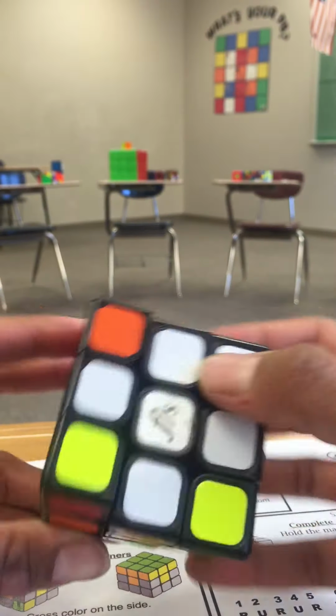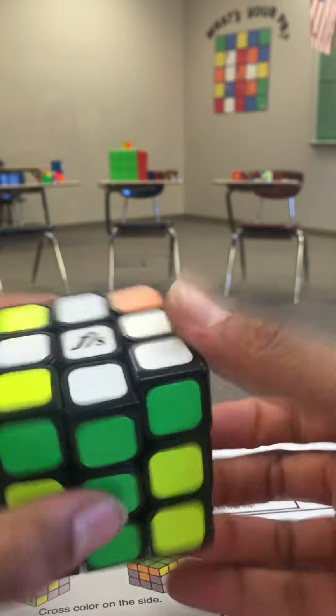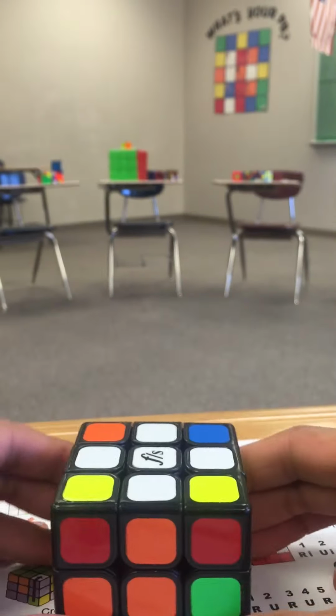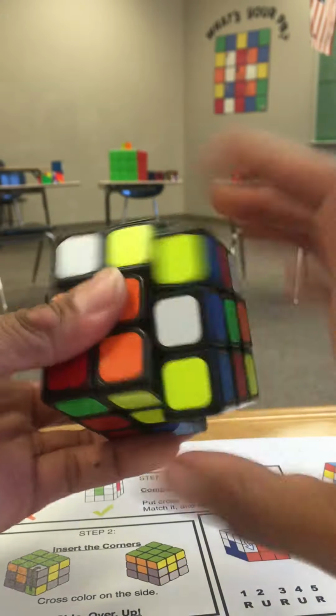Like that. So now I have my cross. Ignore that, that doesn't matter. The corner piece doesn't matter yet, just the cross. Nice. The second way to get the cross